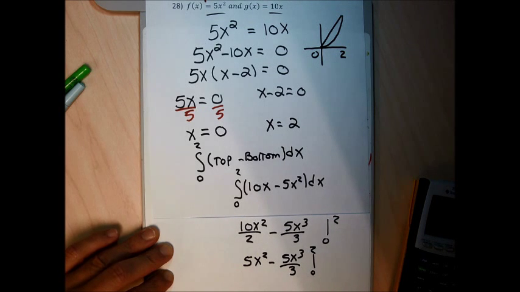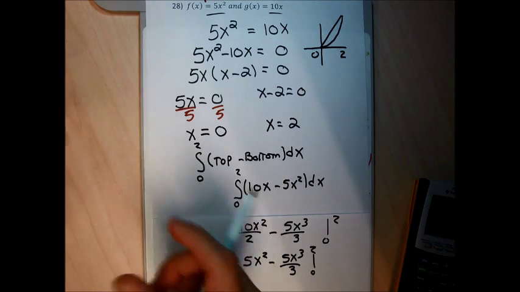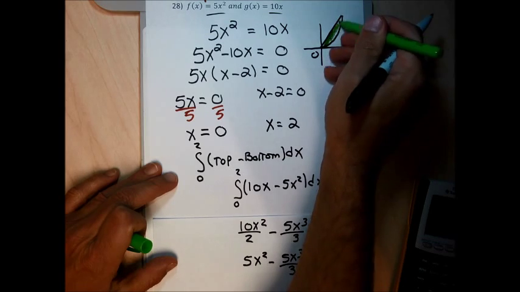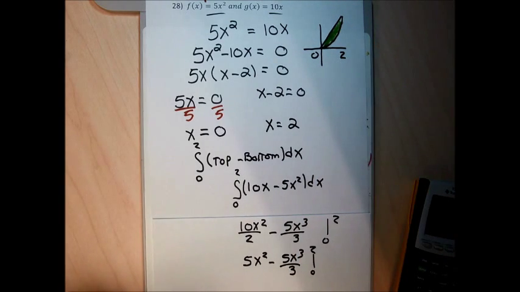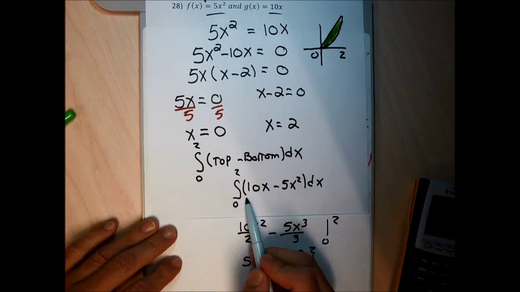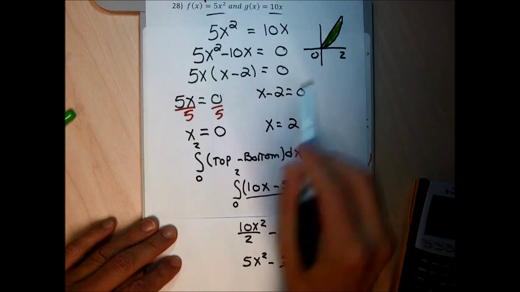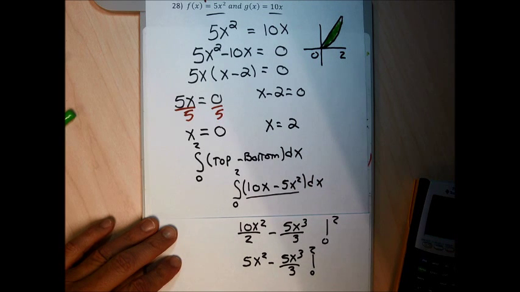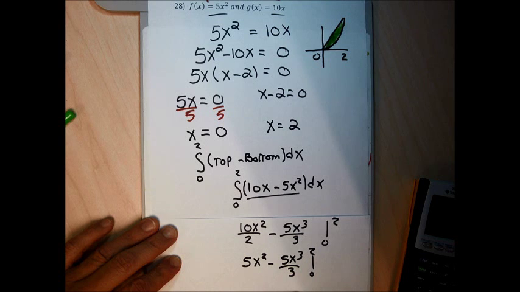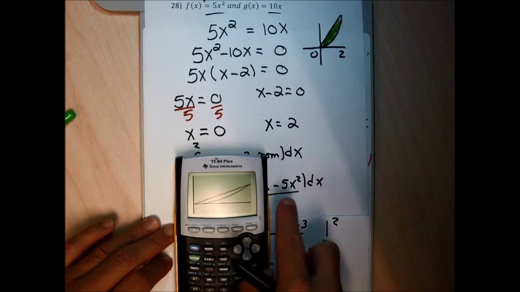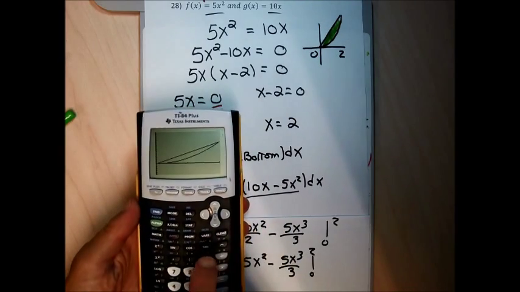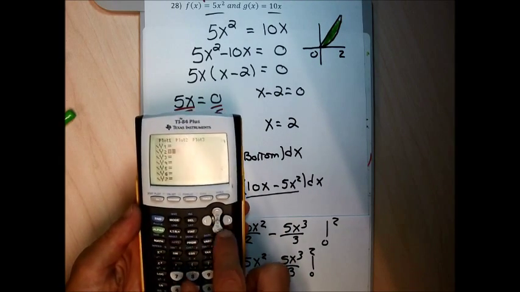It would be nice if I knew the answer that I'm shooting for. I'm trying to find this area. My calculator knows how to find this area just fine, so I'm going to enter this function on my calculator, find the area, then get back to my calculus, because I don't want to get a calculus answer and not know if it's right or wrong. So let me go ahead and enter this function, 10x minus 5x squared, clear out the other functions that are in there,